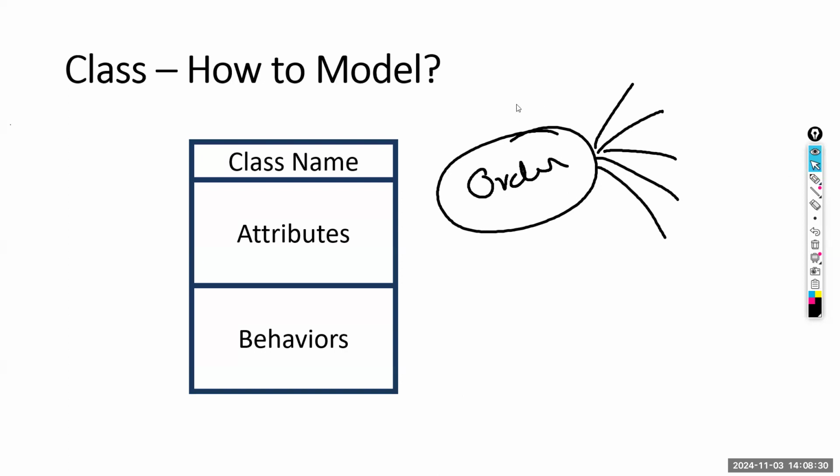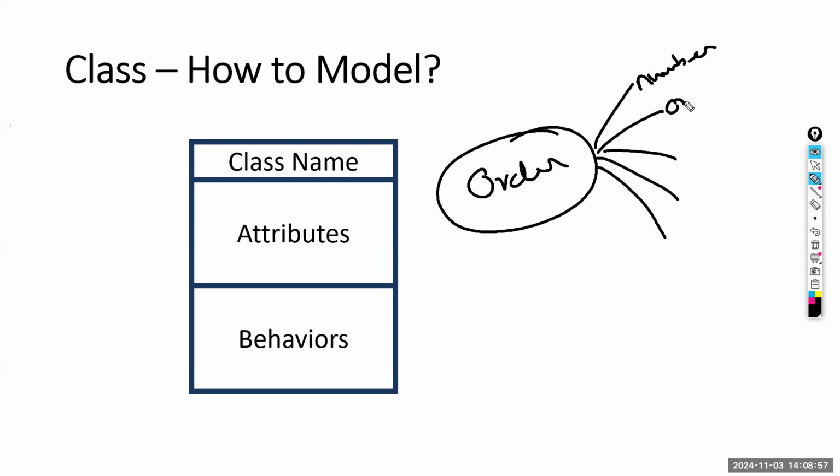What are the attributes you may be interested in? Yes, order number. What else? Order number. What else? Yeah, order quantity. Okay, quantity or maybe individual items quantity, right? So it's actually an order items attribute. Anyway, let's say it's just one type of object, things you are buying, right?